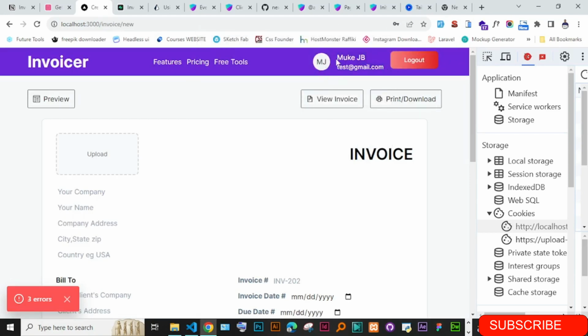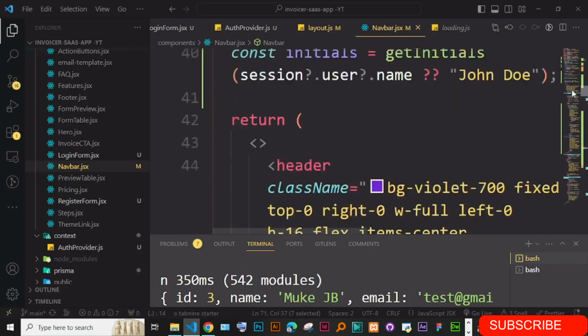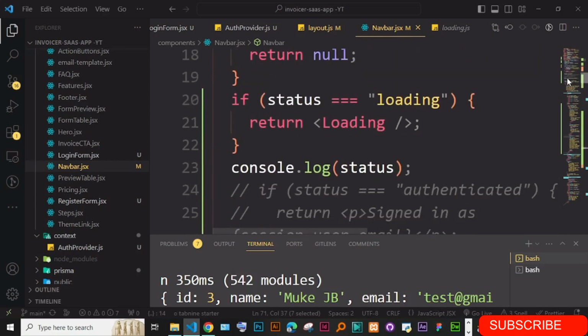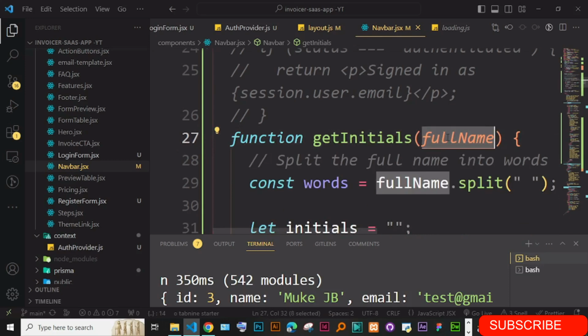So how am I generating this? As you can see, MookJB, I'm generating the initials of MJ. So I created a small function for generating the initials. I have this function here called getInitials, and it takes in a full name. So you pass in a full name, and it is going to generate for you the